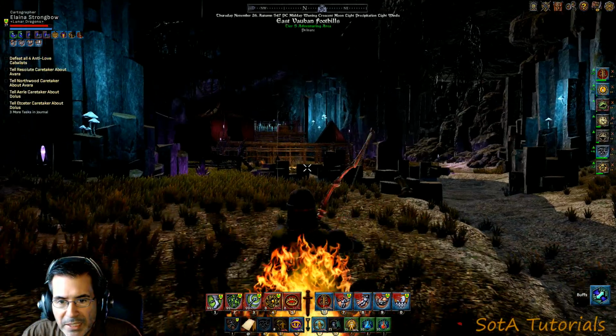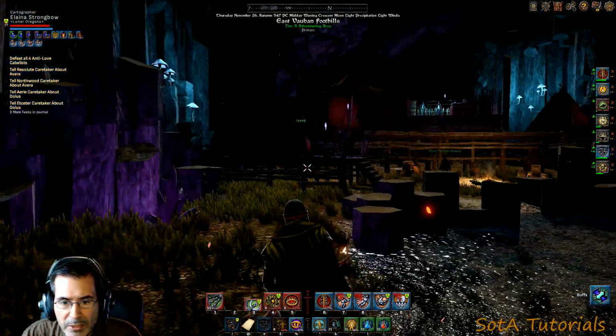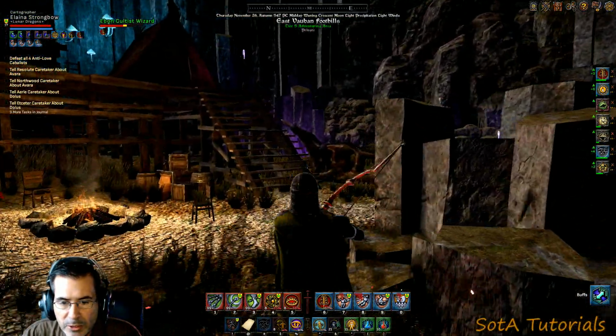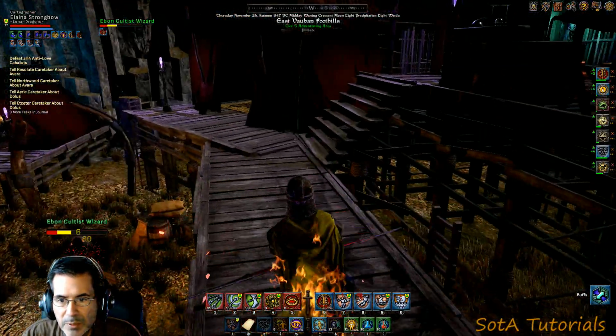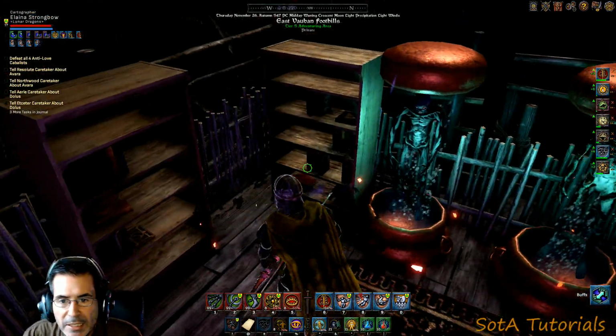You want to run back here to this back end, and there's this platform up here. So you want to get in there. You want to get up on top, and I'll show you where the ruin is. Now, I'm just doing it to grab it. You can kill these guys. It's good XP, lots of good loot and stuff. Come up here, and it is...